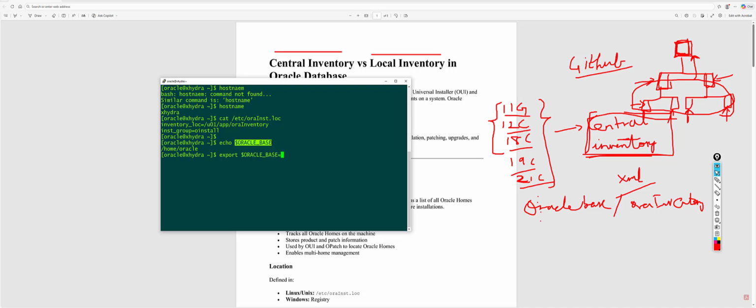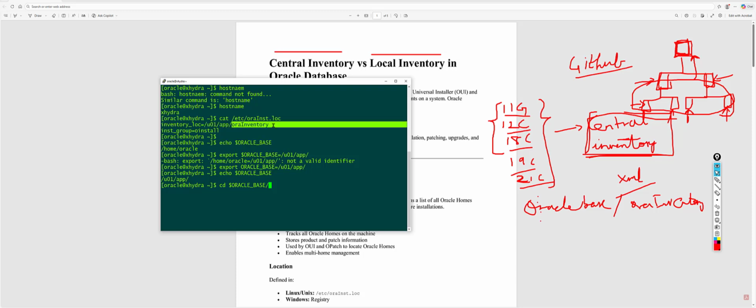This is the Oracle base location, I'm just showing you for information. In real-time systems, like production systems where multiple softwares are already installed, you can go and check the Oracle base location, and then go to the Oracle base location / this one,